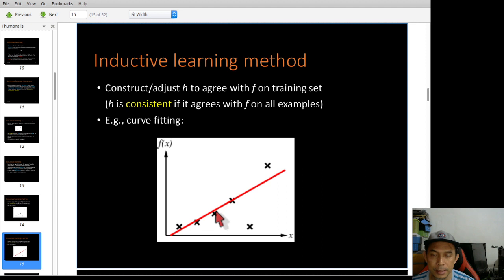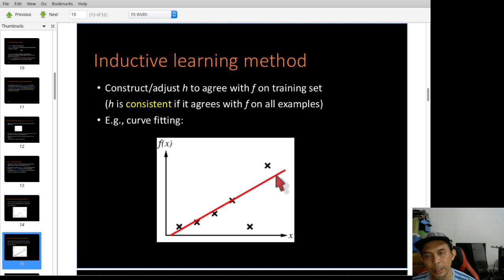That means, for example, you want to predict a data point somewhere in between here. So based on this straight line, because you assume that this line represents this data set, that means if you want to predict somewhere in here, then the data point should be somewhere here.